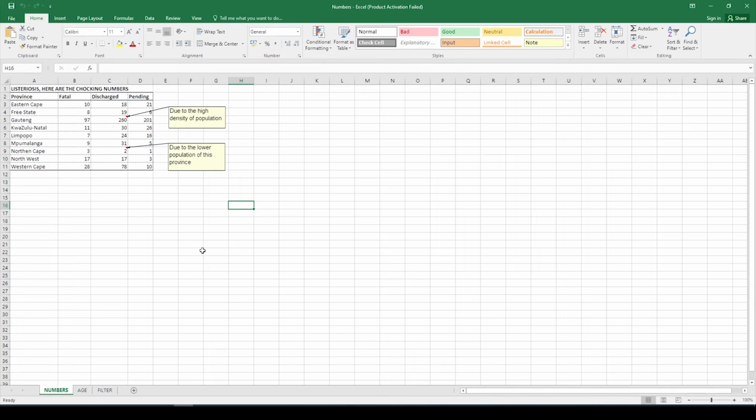5.1.1 A. It says copy the range A2 to A11 from the provinces worksheet. Now they made a mistake, it's not the provinces worksheet, it's the numbers worksheet. So when they refer to provinces, it is actually the numbers worksheet. You will see in this document that we opened, we have worksheets numbers, age and filter. So from the numbers one, it says copy the range A2 to A11,